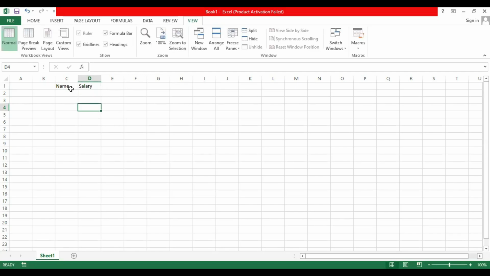We have these two headings. Let's take for example, this is a table that we have. These are our two headings, name of employee maybe, and yes, name of employee and his salary. So in case